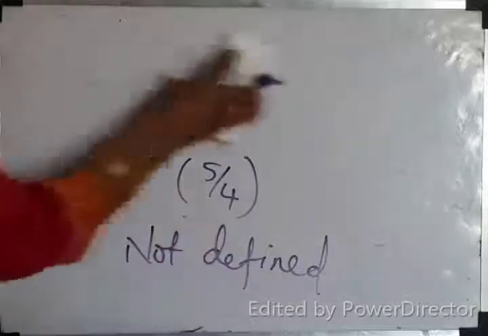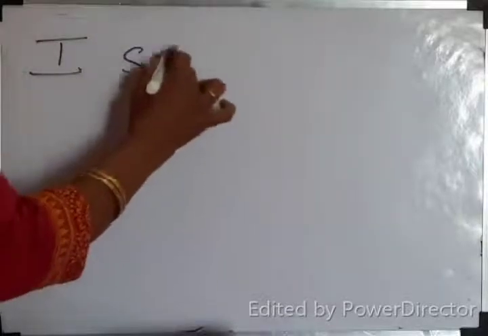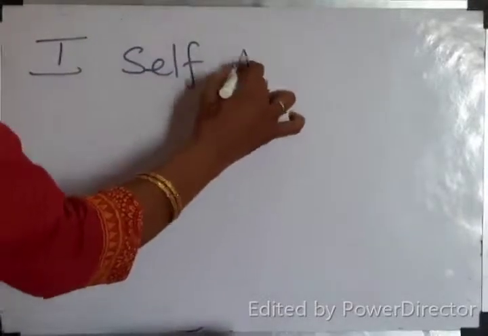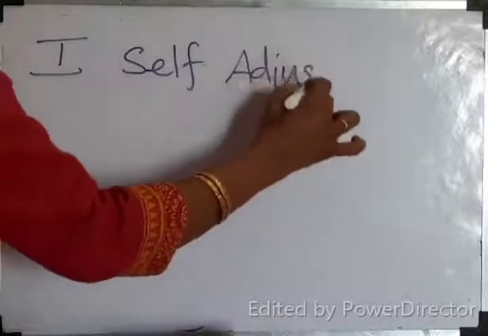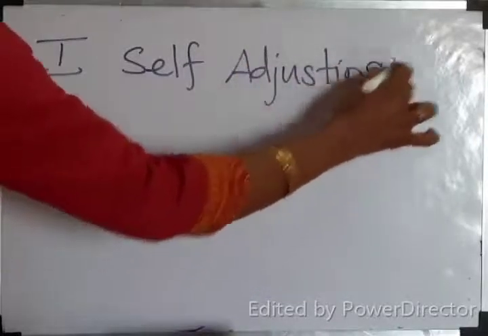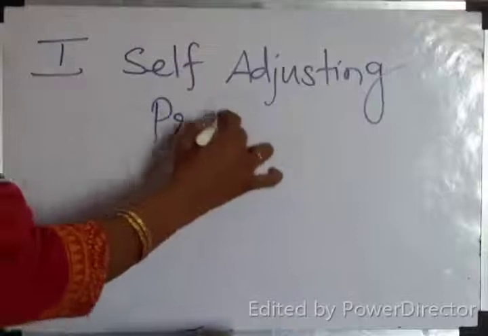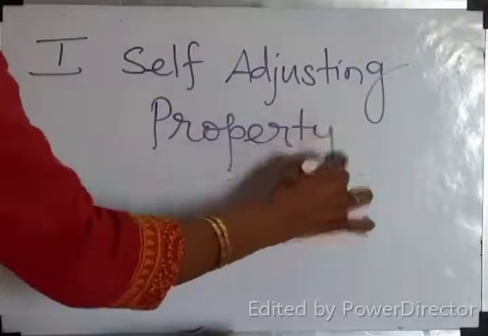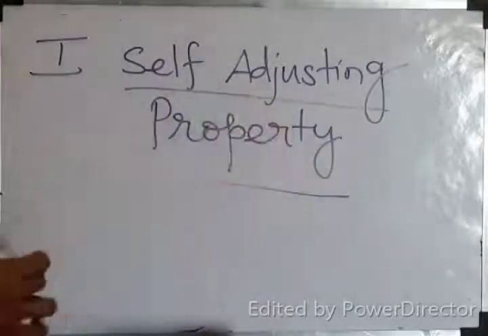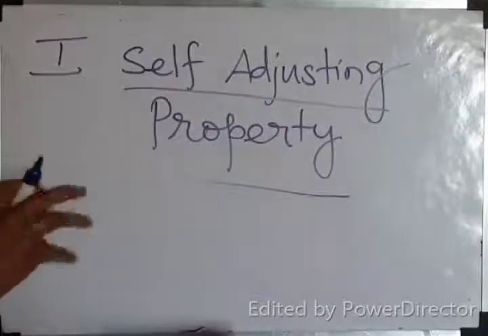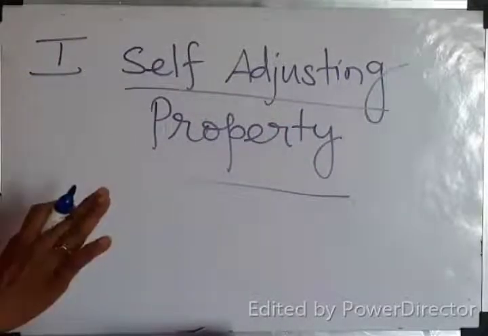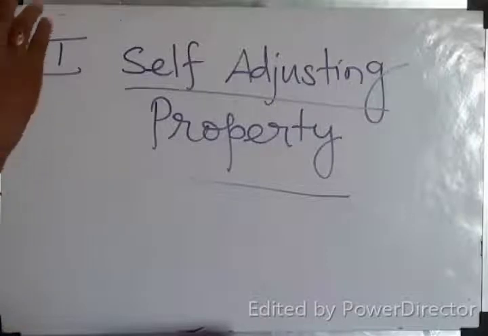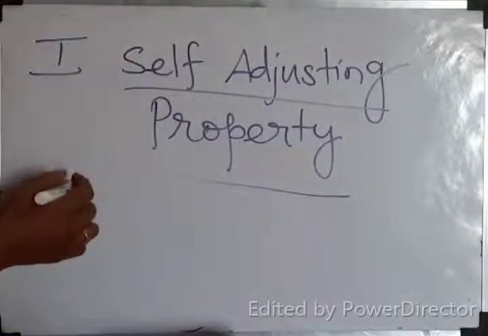We'll go now to the properties. Then the chapter is very, very easy. First property, number 1: self-adjusting property. Children, the inverse trigonometry chapter is very, very easy. Okay. Self-adjusting property is,